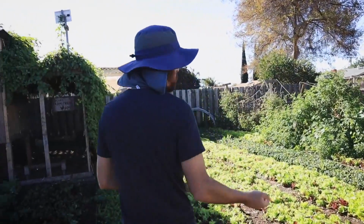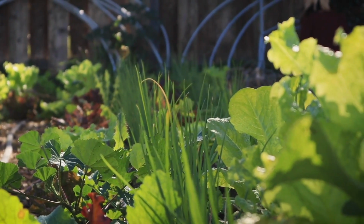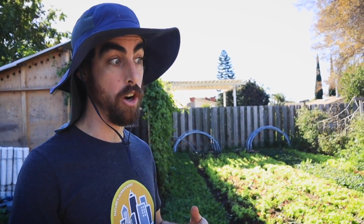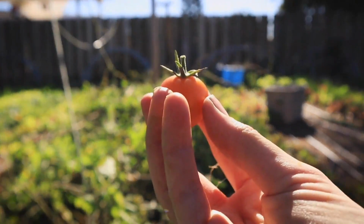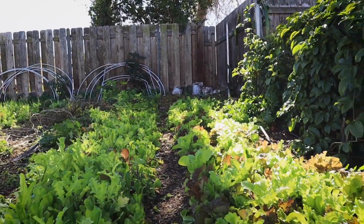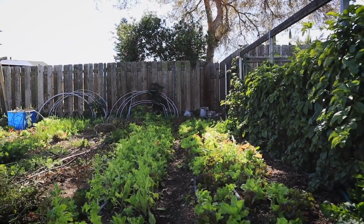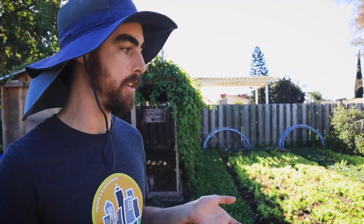And I focus on lots of crops that are the most profitable. So things that grow quickly, turn over within 60 days, typically, or I can harvest them for a very long window of time, like chard or kale or tomatoes, cucumbers. Salad mix is like my go-to thing. I make the most money on salad mix, heads of lettuce, and microgreens. I really focus on those, and I have a whole method for growing salad mixes and washing and packing them, and it's kind of a whole thing because there's a lot of labor involved,